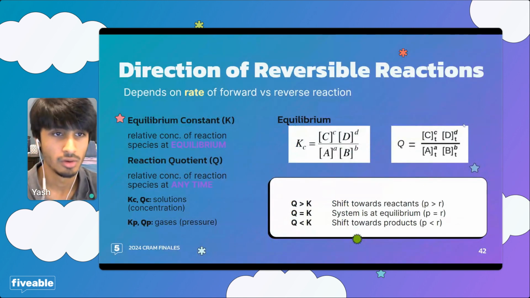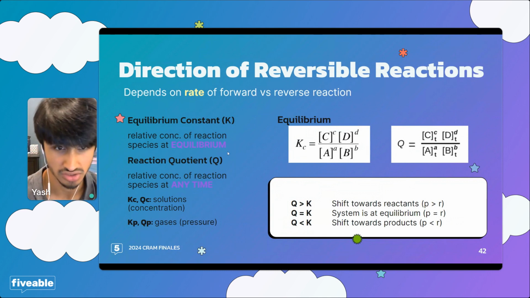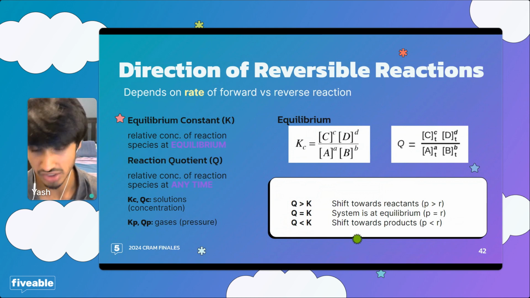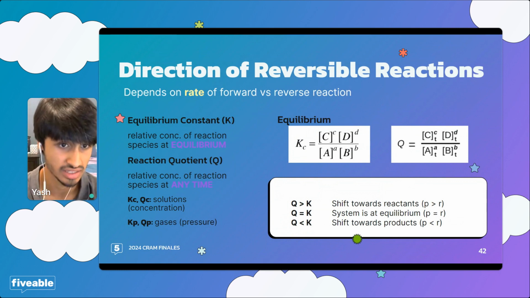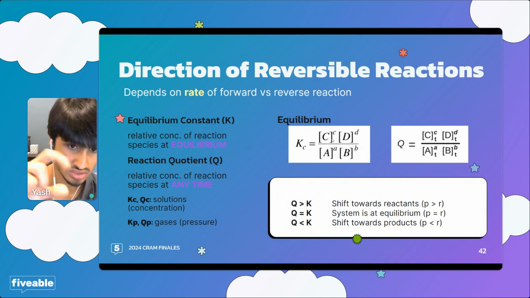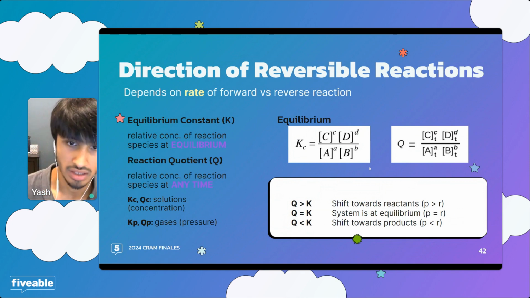All right, so when you want to figure out the direction of your reversible reactions, you want to use these two different values, K and Q. So K is basically a way to measure the relative concentration of all the species in a reaction at equilibrium. So the important note about K is that it's at equilibrium. You already know, probably from the law of mass action, that K is really just equal to the concentration of a product raised to the power of its coefficient in the reaction equation. That's just the general statement of the law of mass action.